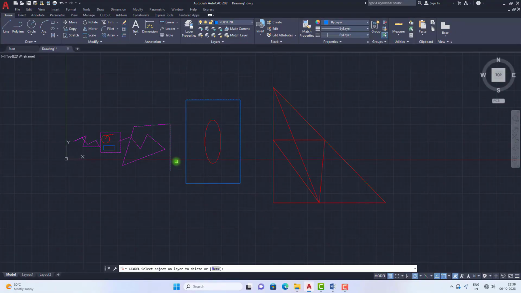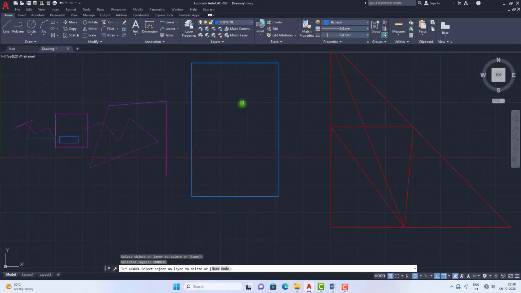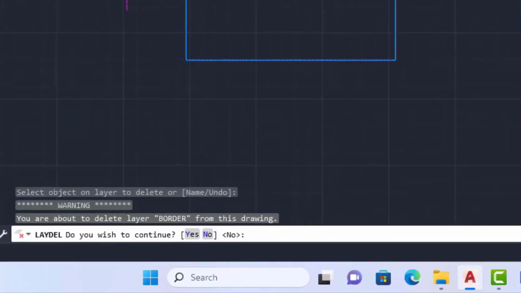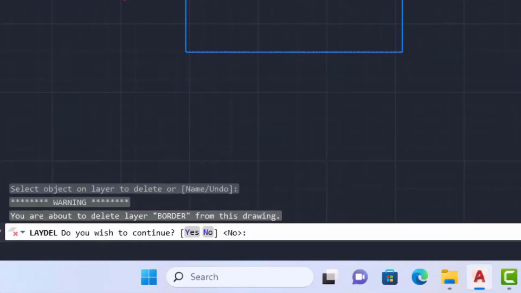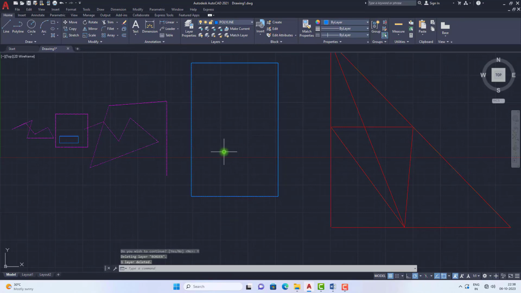I am selecting this ellipse, and after selecting you need to press enter. Now it asks whether you wish to proceed; press enter, and the objects you have selected will be deleted from that particular layer. For that you need to use this Delete Layer option.